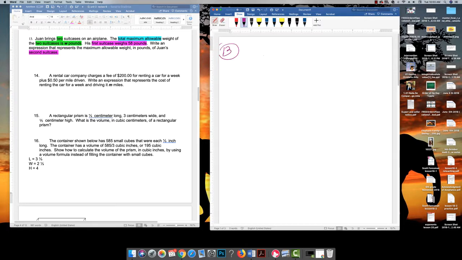Number 13. Okay, have you guys ever traveled? I'm sure you guys have traveled either back to your home country or to, I don't know, Florida or any other part of the United States. And you guys have to use the airplane, right? You travel, go to the airport, and you brought luggages. So they're telling us here,